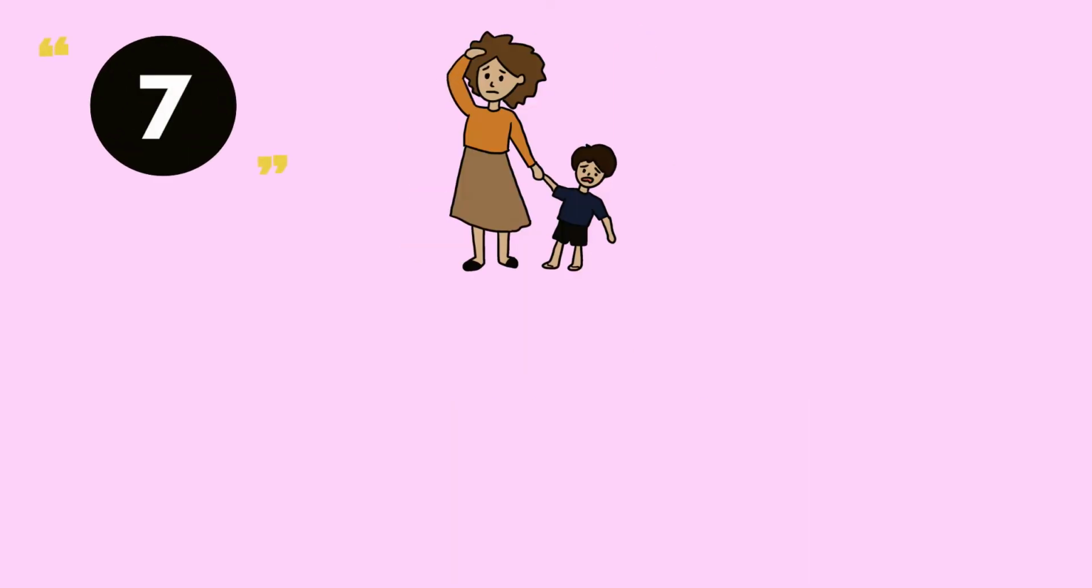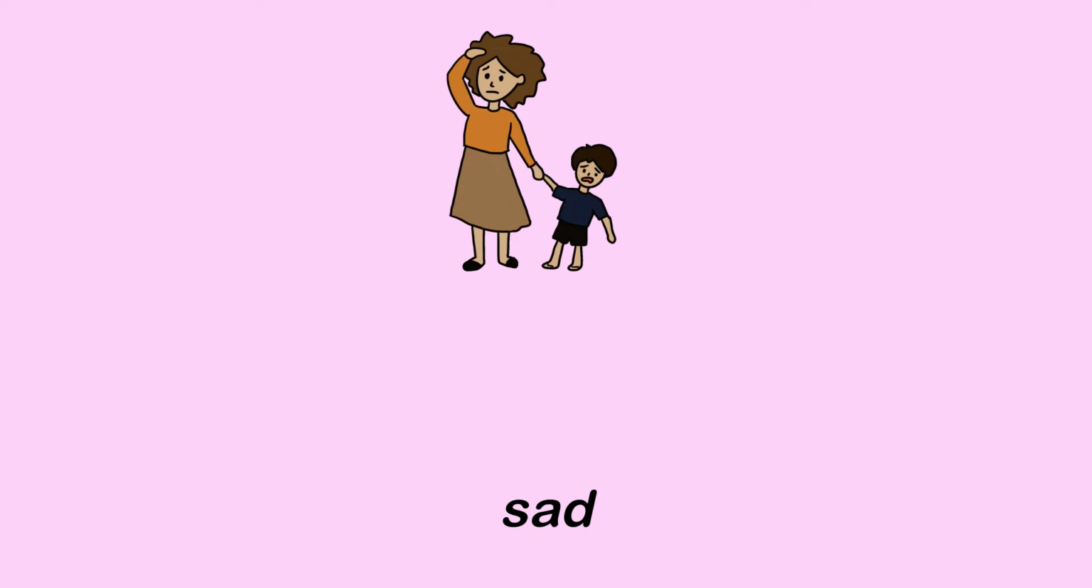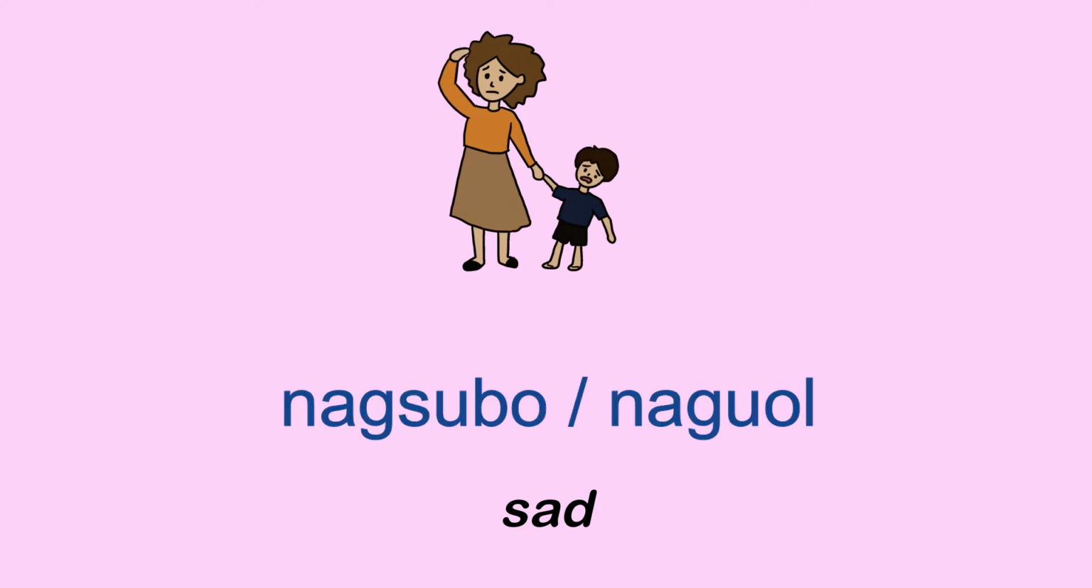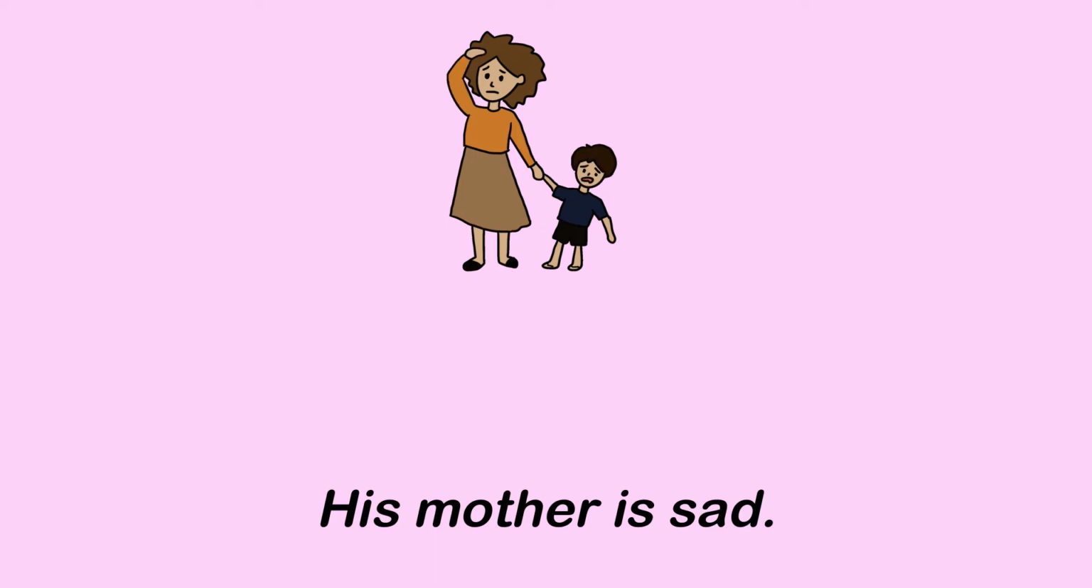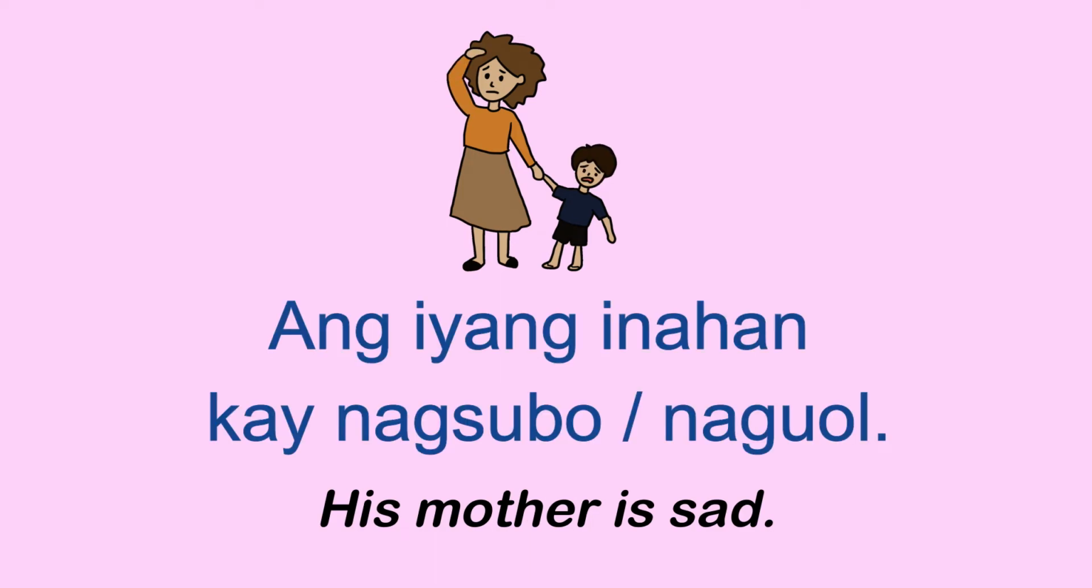So we've learned happy. What about if someone is sad? Let's learn sad now. The word we need is Nagsubo or naguol. Nagsubo, or you can also say naguol. So sad, nagsubo, naguol. Using the phrase, we have his mother is sad, which translates to Bisaya as Ang iyang